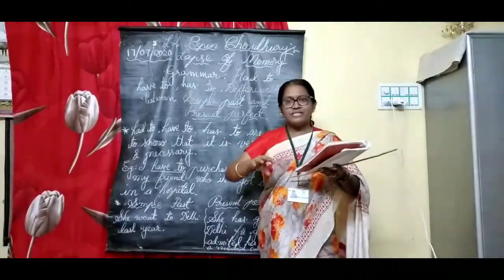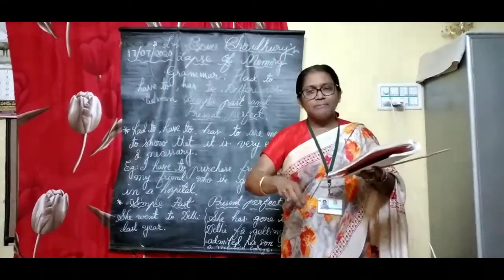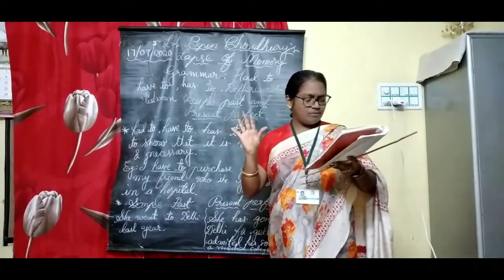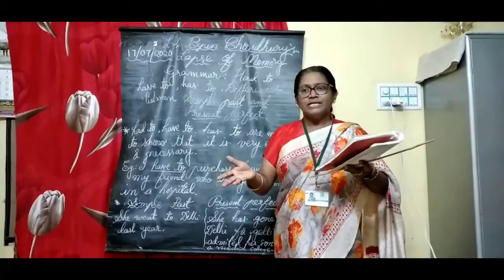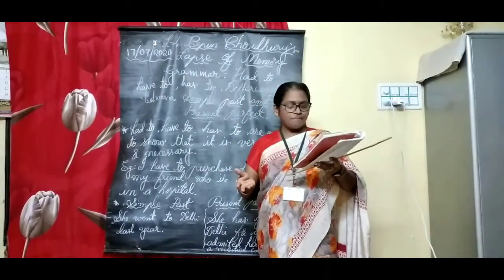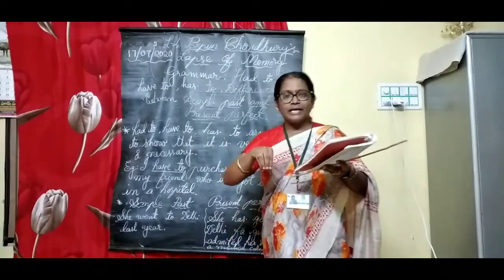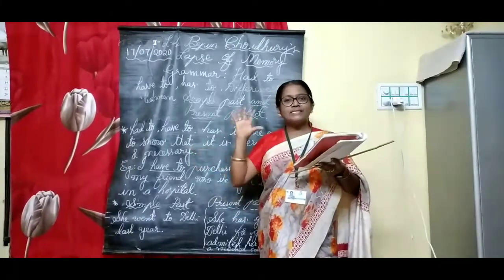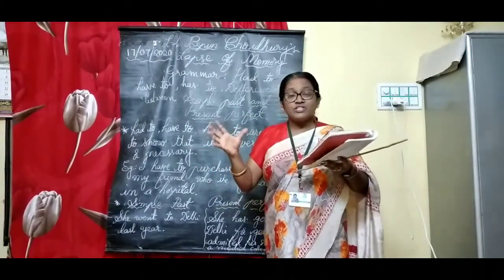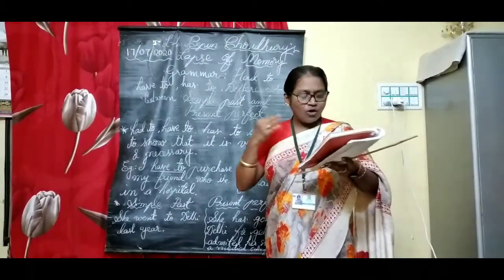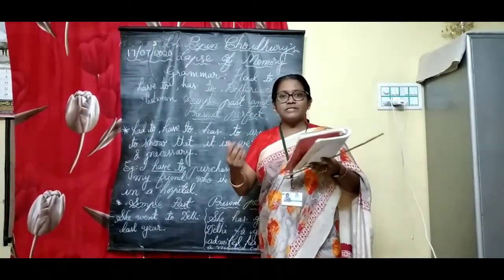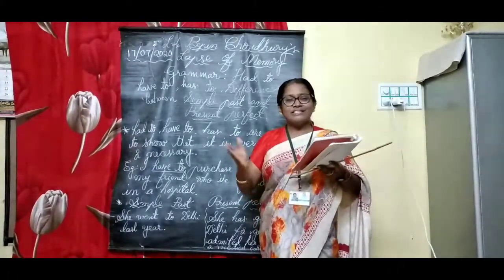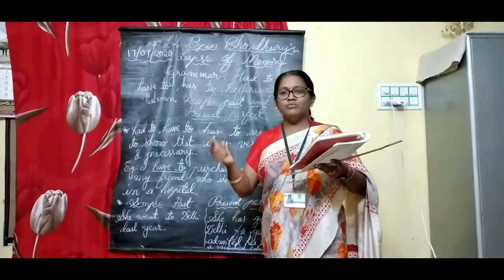Beat about the bush means we just go about the same task, but finally we do not come to any conclusion. Don't beat about the bush. He always beats about the bush means what? It means he always goes about the thing, but he never comes to any conclusion. He never comes to one decision, but he says something which is not at all interesting to me. Suppose any person comes to you and keeps on speaking something which is not at all useful, we say that this fellow always beats about the bush.